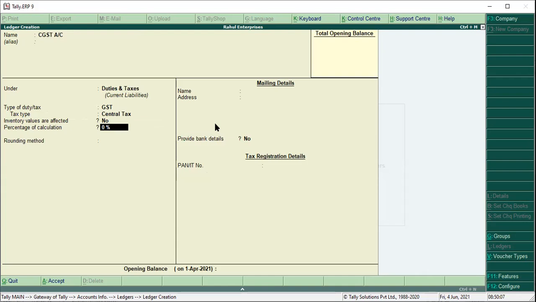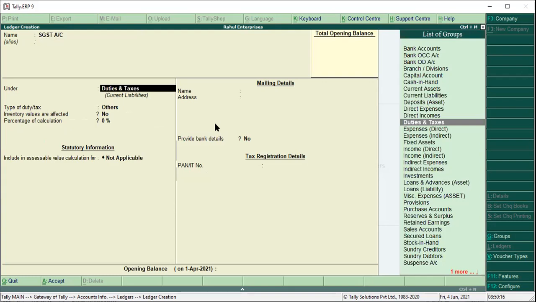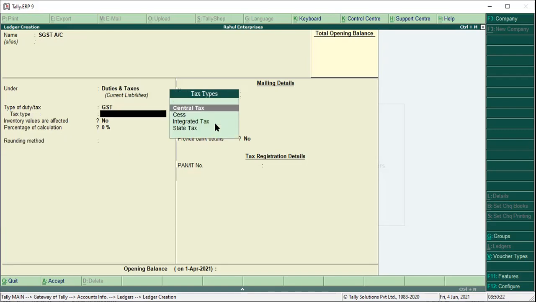Press Ctrl plus A. Now next is state tax, SGST account. Same, it comes under duties and taxes. Type of duty, select GST. And what is the tax type, central tax or state tax?